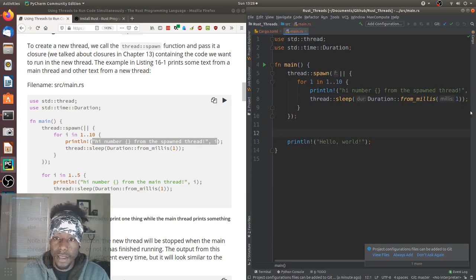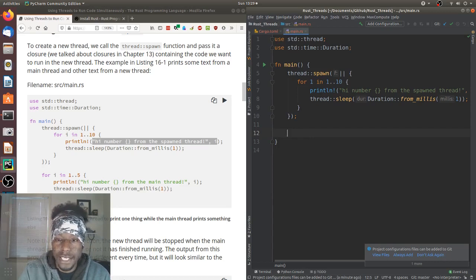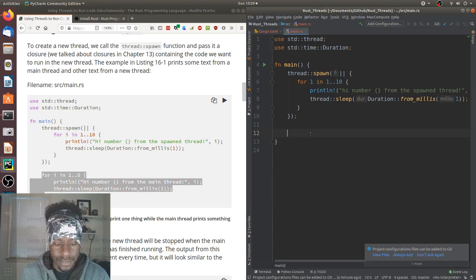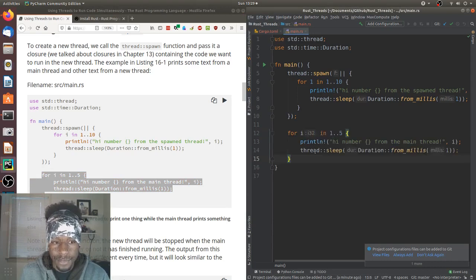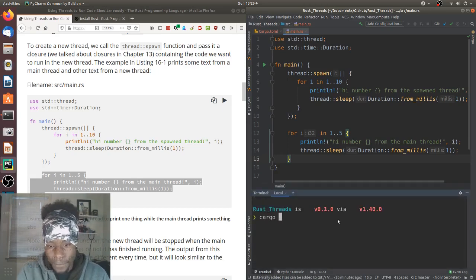And now in the main thread, because we could talk about two different threads now, the main thread and the secondary thread that we spun off. In the main thread, we're going to do something similar, but we're doing 1 to 5. And we're sleeping for 1 millisecond. Ooh, I see what they're doing here. This I can just copy. So seemingly what we want to demonstrate is what it looks like when you do things in one thread and do things in another thread, and how they kind of intertwine and jumble up. But let's verify that. Let's run this.